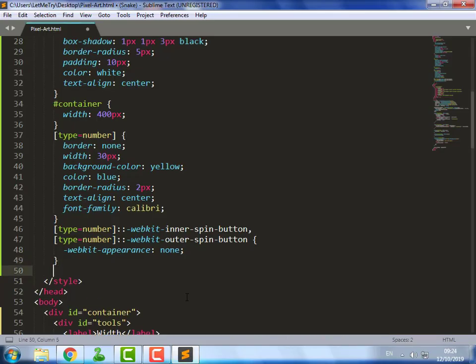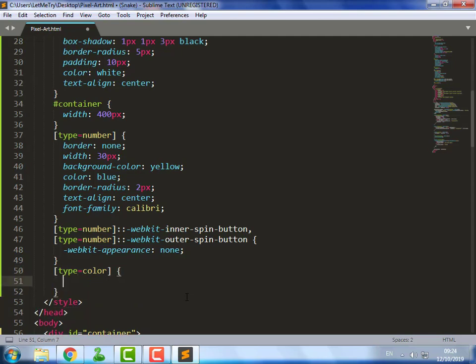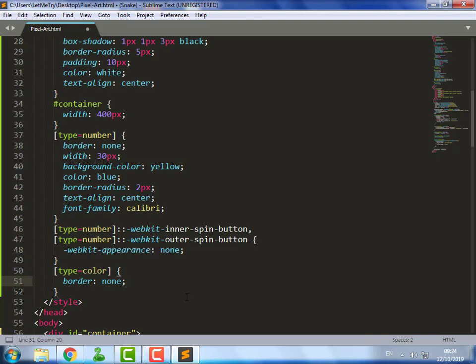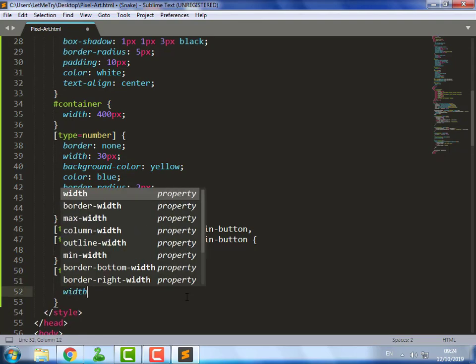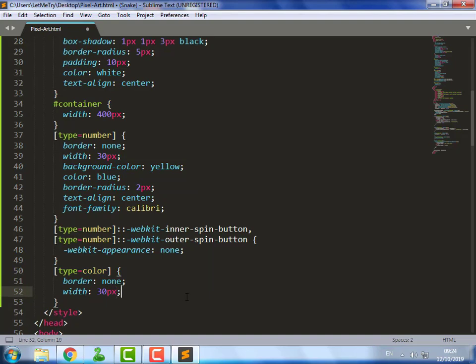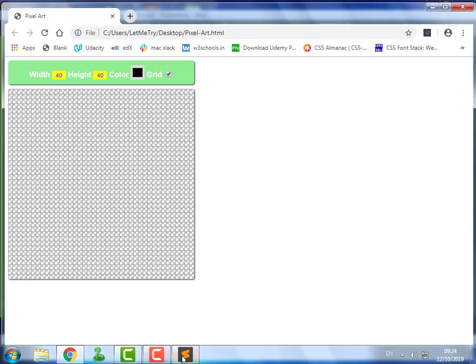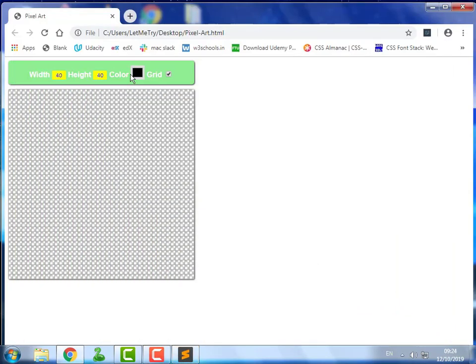What about the color input? We should get rid of its border. Change its size. Oops, too much.